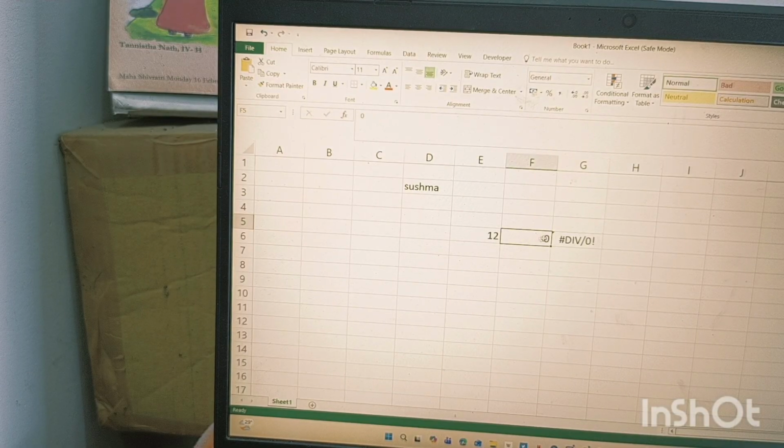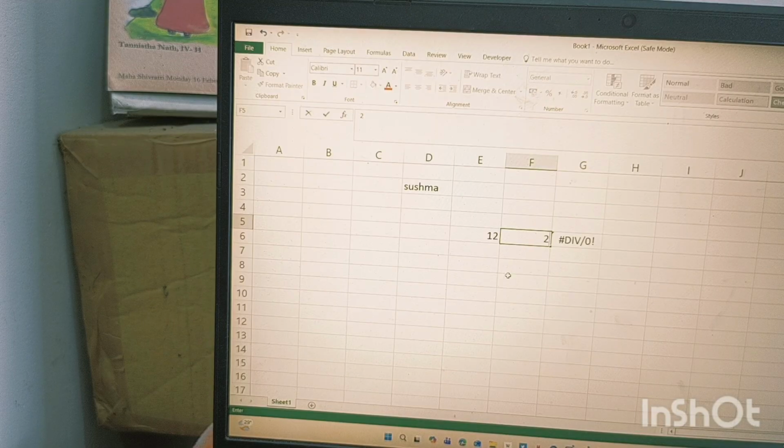If you see that 0 is written as the divisor, you can fix it here by entering any number like 2 instead of 0. Always keep in your mind that while dividing, or in any kind of function, there should not be a 0 written there.